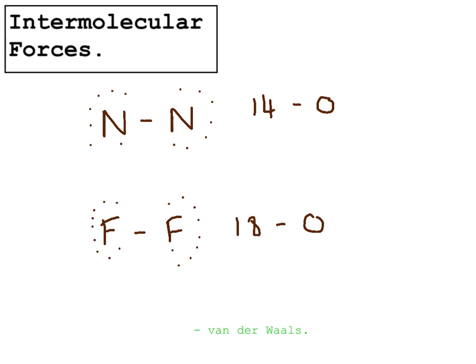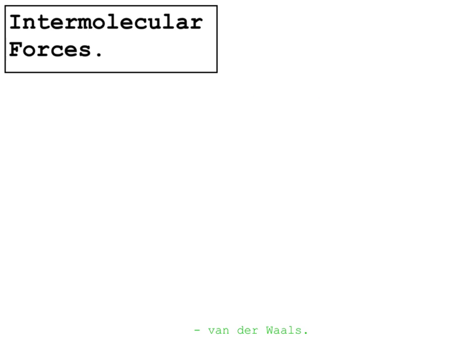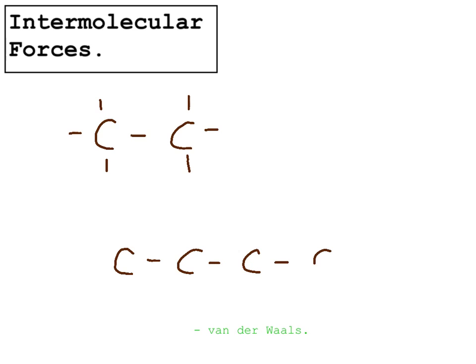The other factor that determines how strong van der Waals forces are is surface area. So you'll have come across this at GCSE. If you took two alkanes, so here's one, I'm not going to draw the hydrogens in, I'll just leave them as sticks. So there's ethane, and we looked at butane. Because butane has a much larger surface area than ethane does, butane will have a much higher boiling point because it has stronger van der Waals forces, because it has a higher surface area for the van der Waals forces